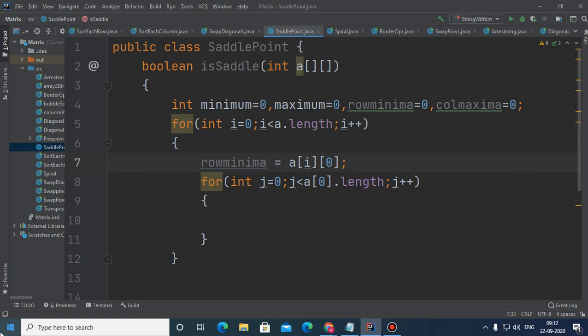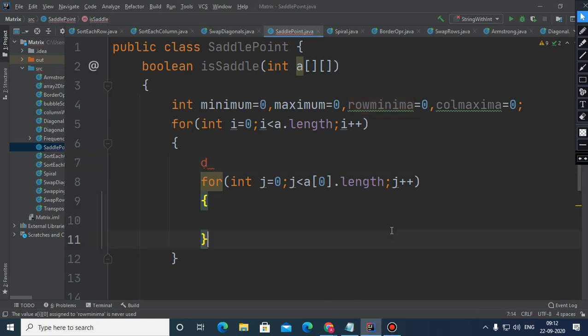So when i is 0, the very first element from the very first row has been picked as row minima. And if i becomes 1, then the very first element from the second row will be picked, because the indexing will be like this: the first element of the first row is 0,0.